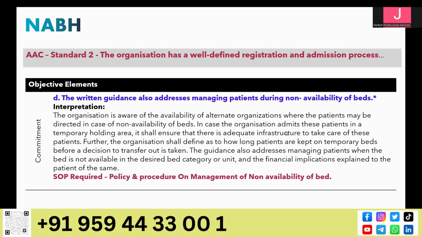In case the organization admits the patient in a temporary holding area, it shall ensure that there is adequate infrastructure to take care of this patient. Further, the organization shall define how long patients are kept on temporary beds before a decision to transfer out is taken. The guidance also addresses